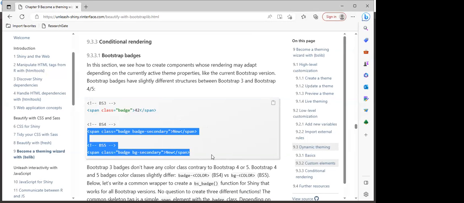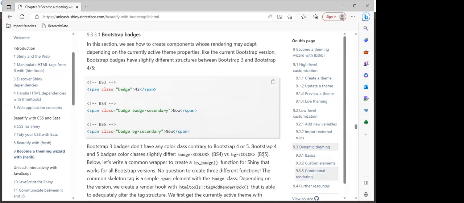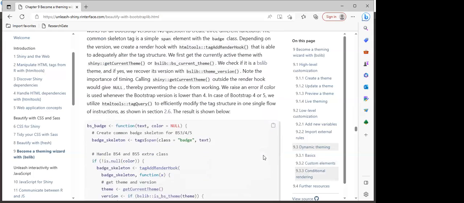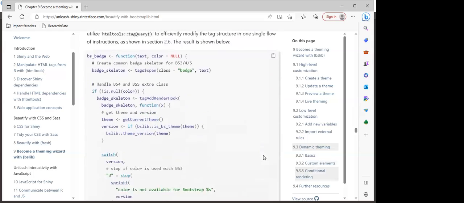I think we can see that the Bootstrap 4 and Bootstrap 5 code are the same, but in the Bootstrap 3 code, we can see the difference between Bootstrap 3, 4, and 5, and we have a clear difference in the UI of